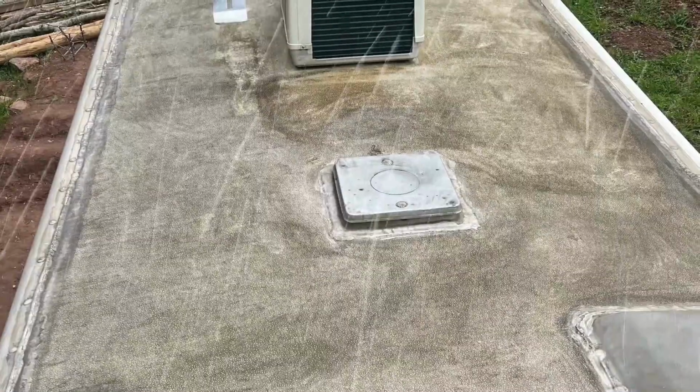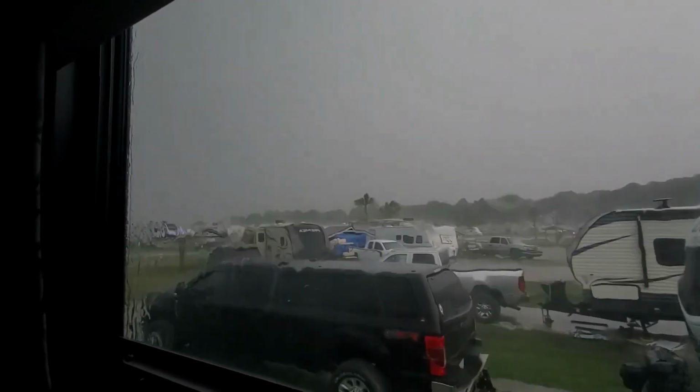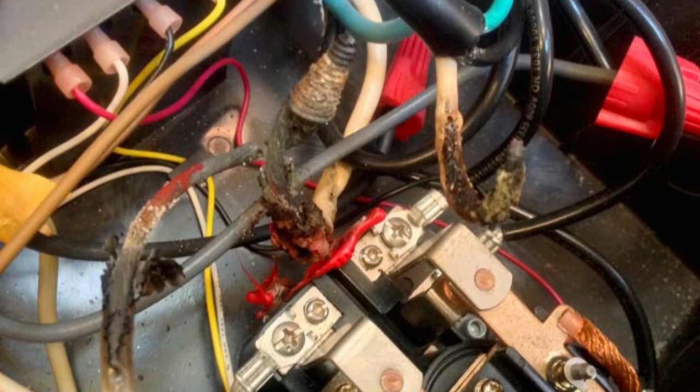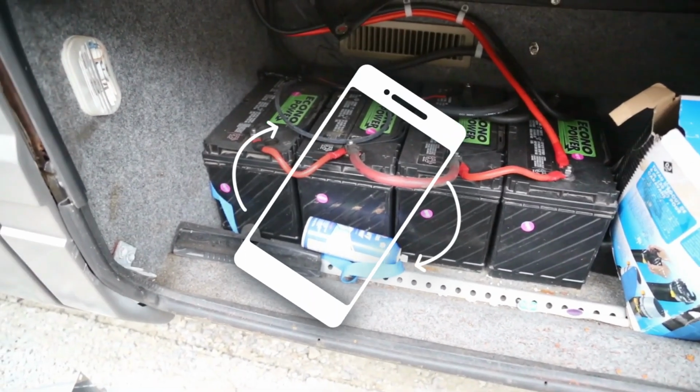The Pace Arrow had more leaks than a government agency. Water found its way in through the roof, the windows, and probably places that defied the laws of physics. And let's not forget the electrical system. It was about as reliable as a weather forecast. Lights flickered like a haunted house, appliances had a mind of their own, and the battery drained faster than a